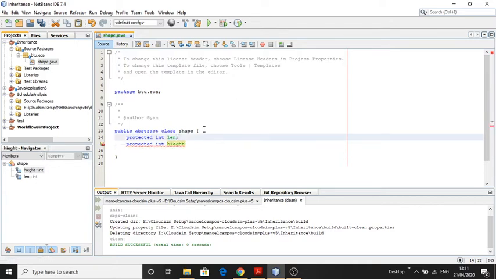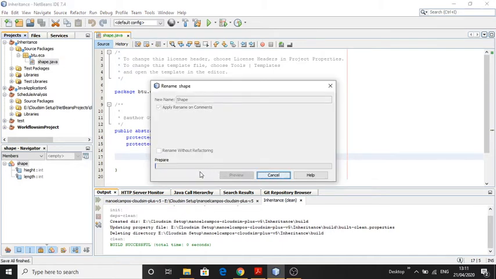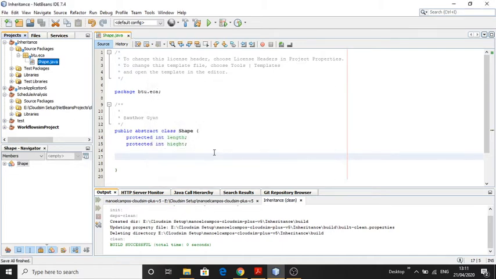Length and height. And we will rename the class as Shape, which must be in a bigger size, using refactor. Okay.